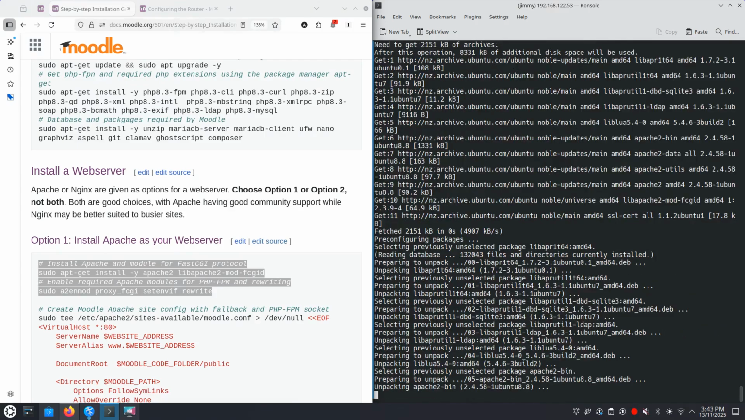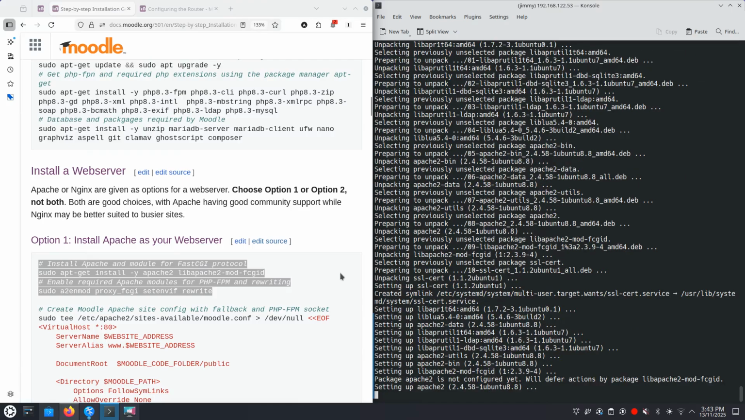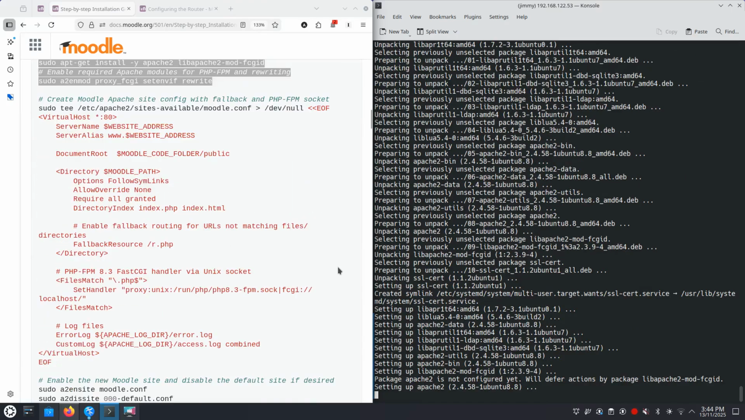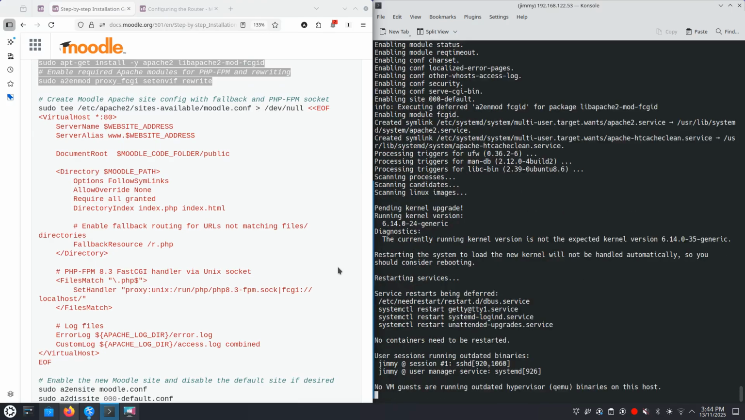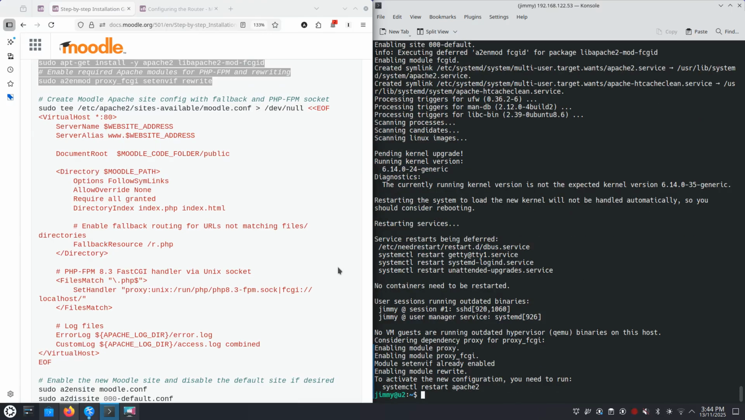We paste it again, and away it goes. And that is installing Apache. And while it's doing that, we're going to look at what we call a virtual host. And here's the virtual host here in red. You can see the virtual host is a way that Apache knows how to deal with Moodle on the web